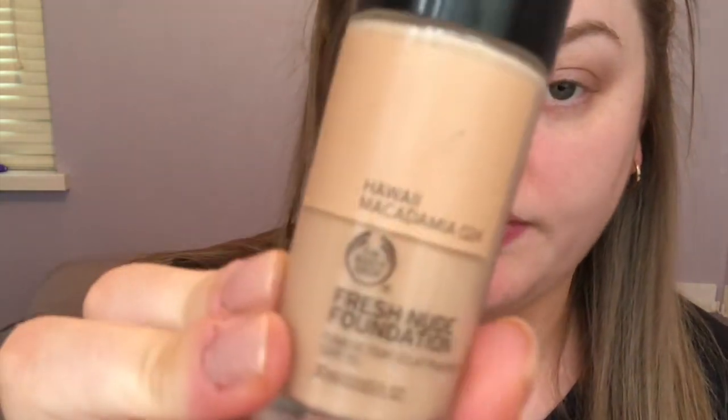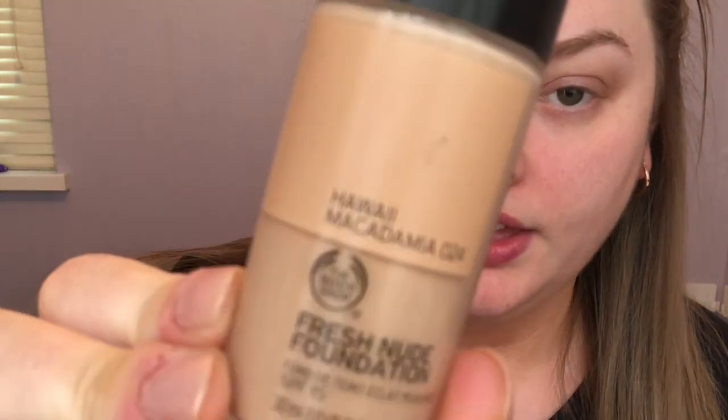For foundation, I'm going to use the Fresh Nude foundation. This shade is a little bit darker than my original shade I usually am. This shade, it is a little bit darker, but I've still got some remnants of tan left. Probably doesn't look it, but